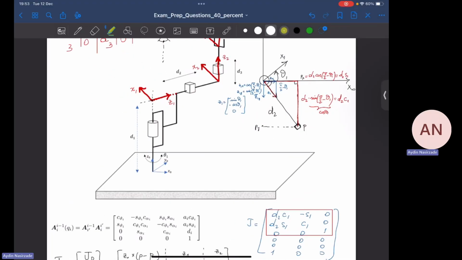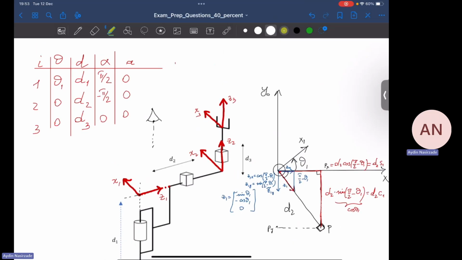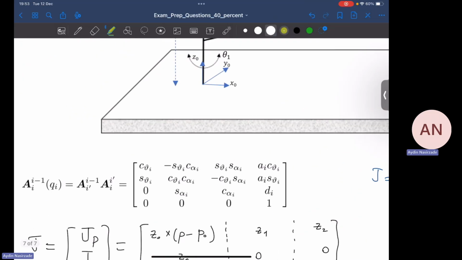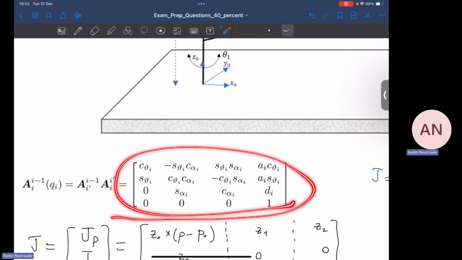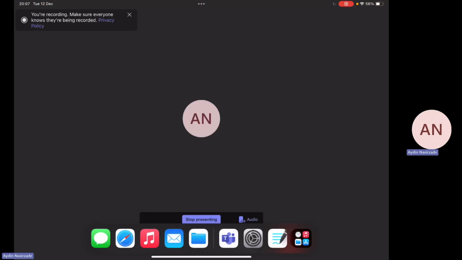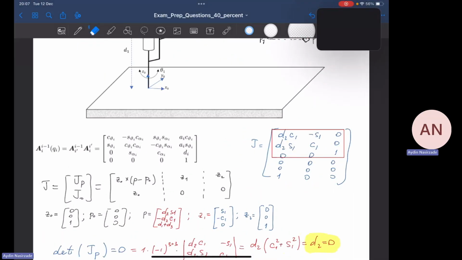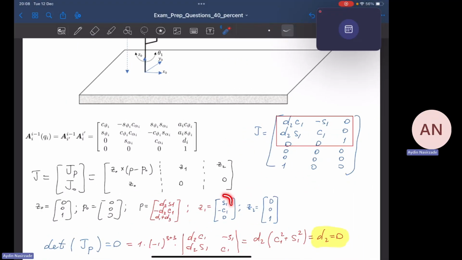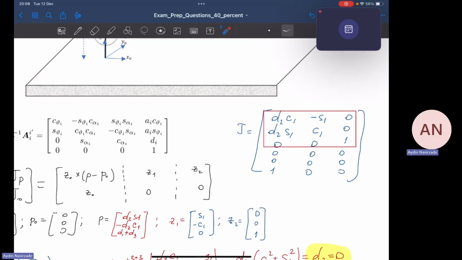Now, at the very beginning of the video, I told you that we can use another method to realize this procedure, and this is using this technique, this matrix. Well, I just realized that I made a typo here. When I copied this part here, I made a typo. So it should have been